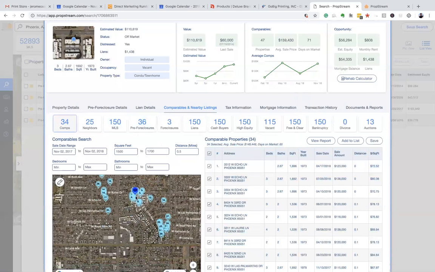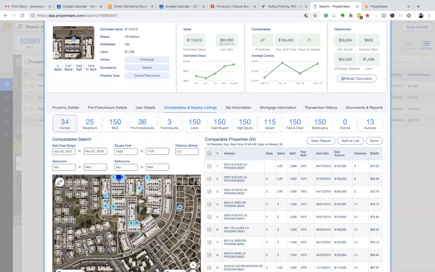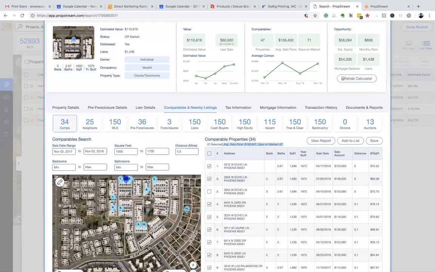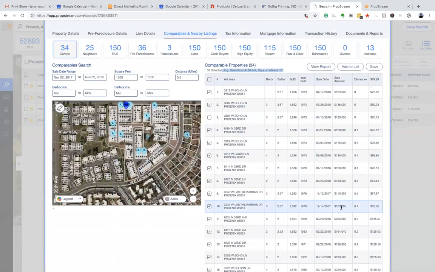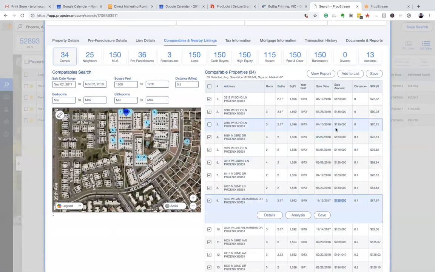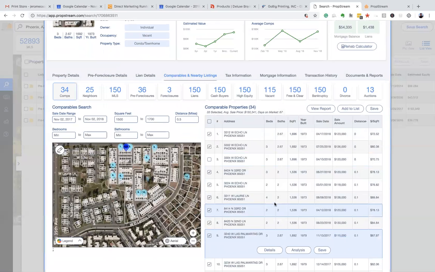I could look at these comps, and if I wanted to, I could see the pins. Okay, well, look, I'm not interested in any other comps outside of these ones. So I want 1, 2. I don't need 3 on there. You could just select what's around here, and I could just easily go click on 10 and say, look, this house sold for 105, 9 sold for 115, 4 and 6, 120, 138. So they're saying the estimated value is 110, but looking at it, I could dive into the comps here and